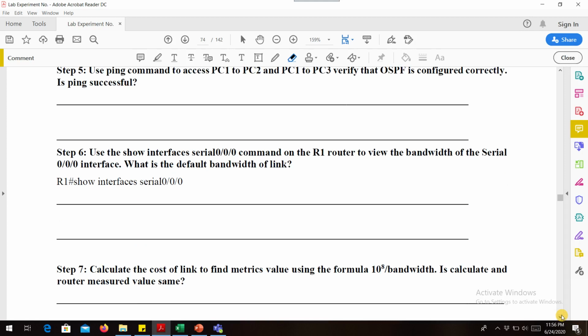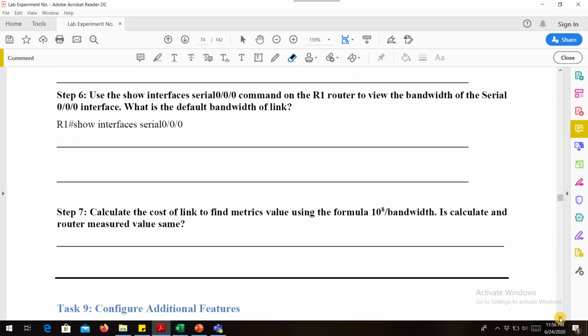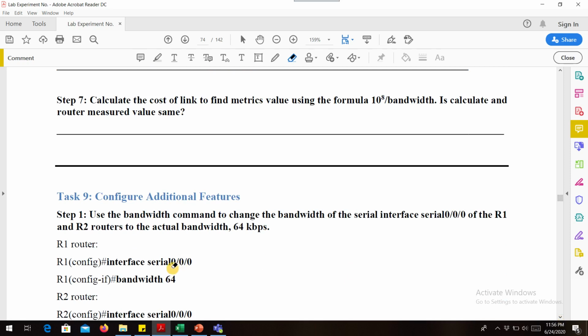Now, in the last step, I have told you that the cost metric is link bandwidth. Till now we haven't configured link bandwidth, so the default link bandwidth is used here. Again, to change the link bandwidth, use the bandwidth command with the interface.